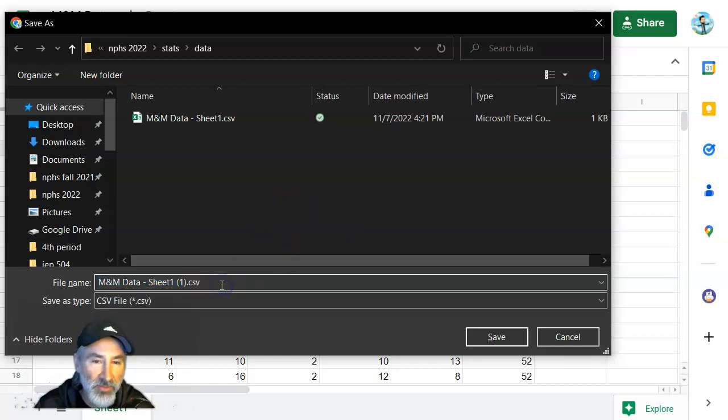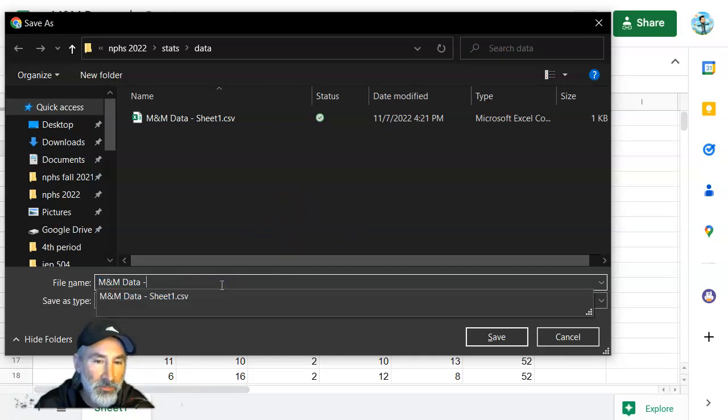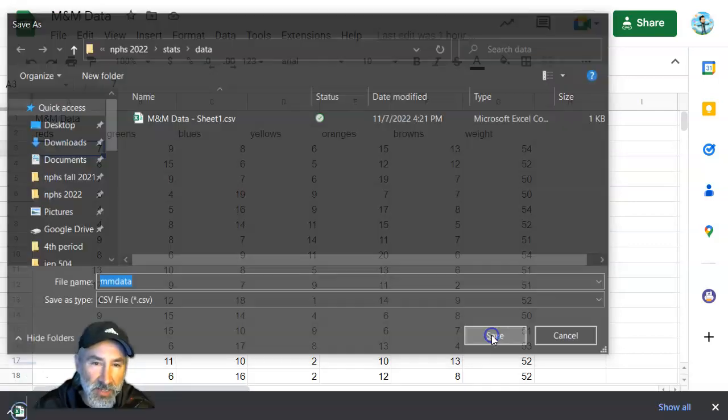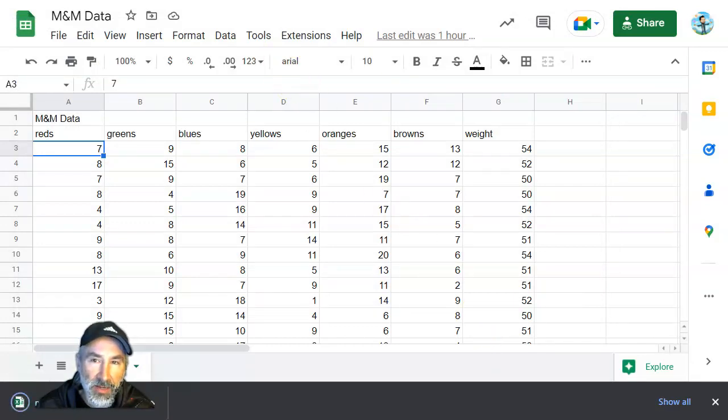I'm going to make the file name very simple so that I don't have all those extra characters in there. I'm going to just call it data, and since I've been doing this more than once, I'm going to call this data 1. I would like you to just call it data, so it's the same as yours. So I'm going to go ahead and hit save. And then I'm going to go over to